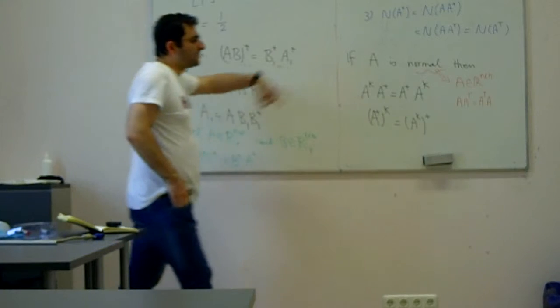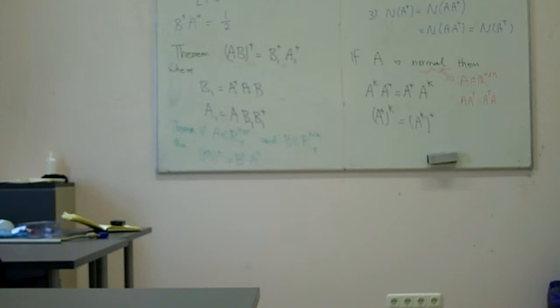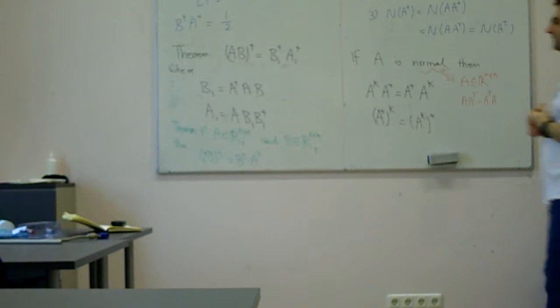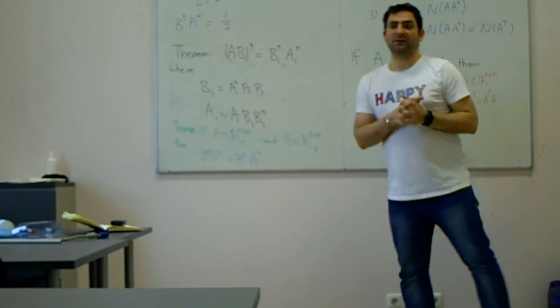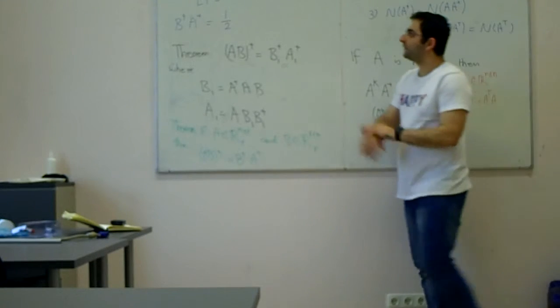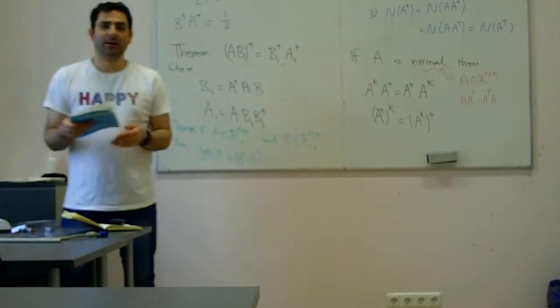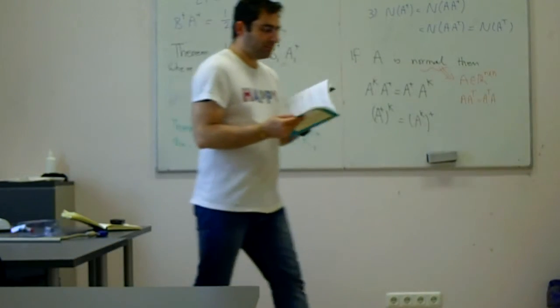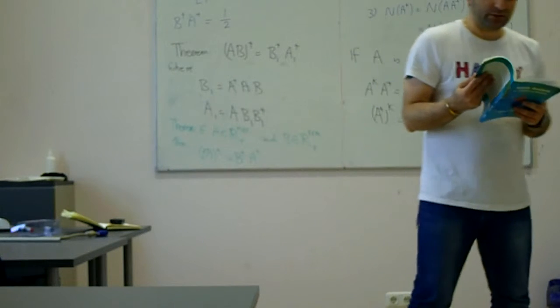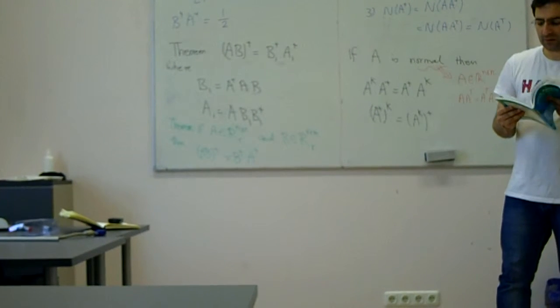So you can see there exist many theorems which are kind of an alibi theorem. We just need to know what the consequences are. And some of these theorems we will use in the next steps of this course, like the first theorem that I wrote, which we will see today when we talk about the singular value decomposition. But before we proceed,